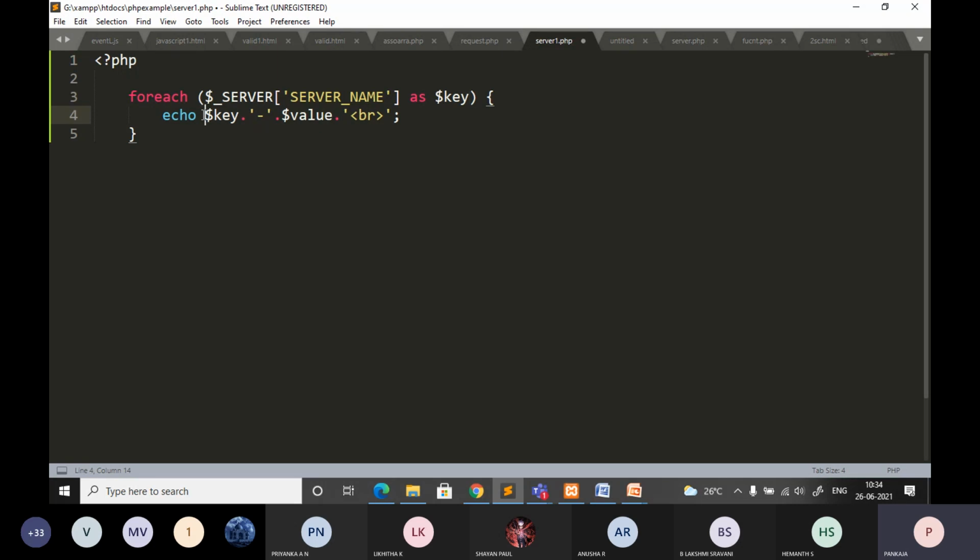Just give me one minute. I want to display only the value now because I know the key. Just change.